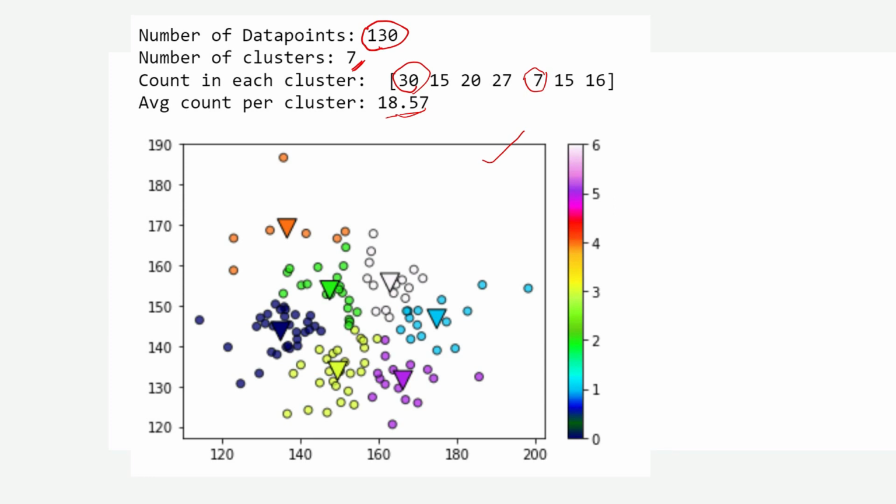We will try to manually move the centroids which are formed. The triangles are basically the centroids from the k-means algorithm. So we'll say move orange to the right and move white a little upwards.